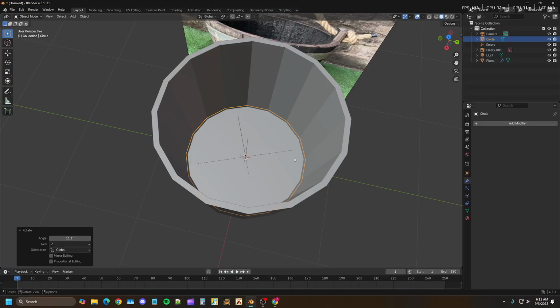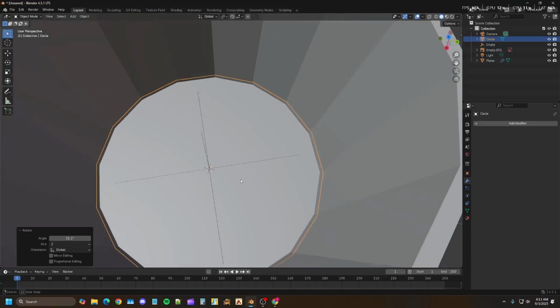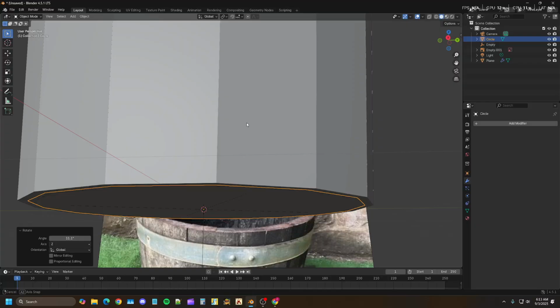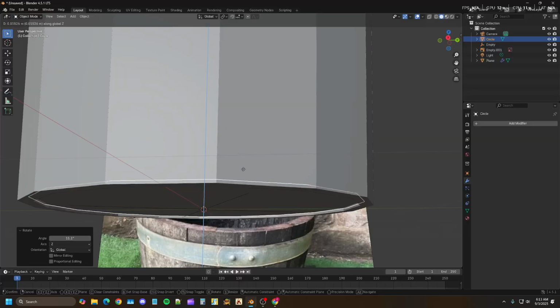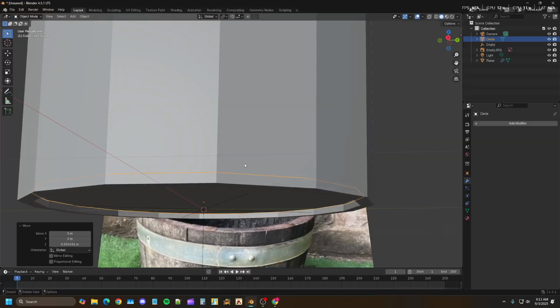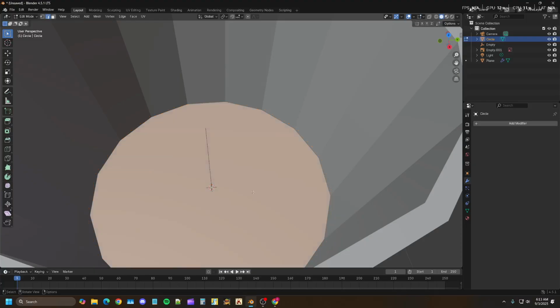Alright, I think that's going to be close enough. I'm going to bring this up slightly. There we go. And then we'll go ahead and tab into here and I'm just going to extrude this up